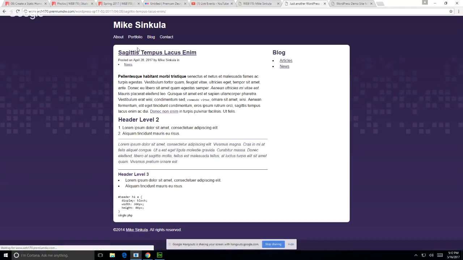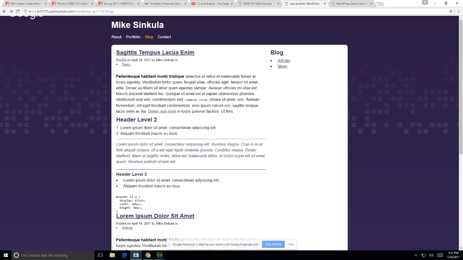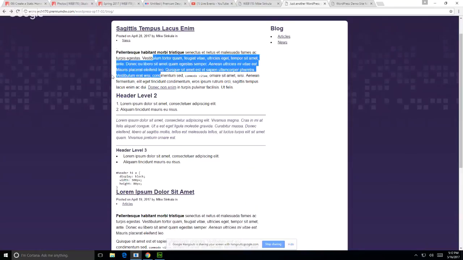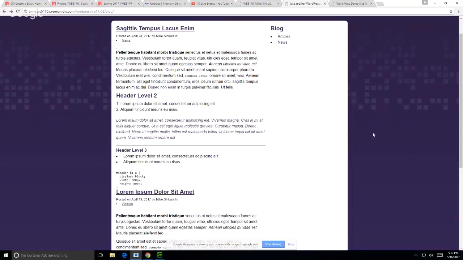If I click on that, it should go to the individual article, okay? We have our byline, dateline, whatever you want to call this line right there. We have then the content here that gets pulled